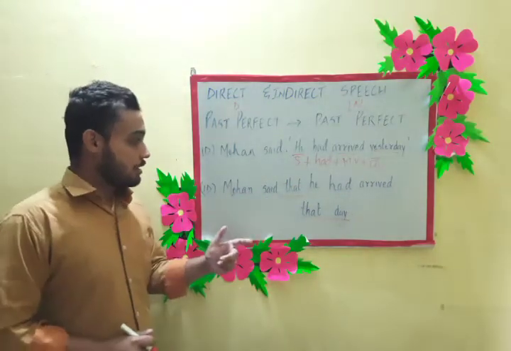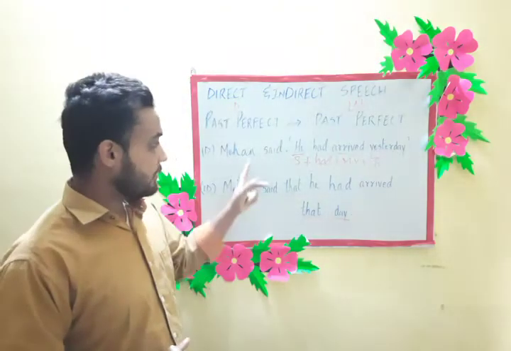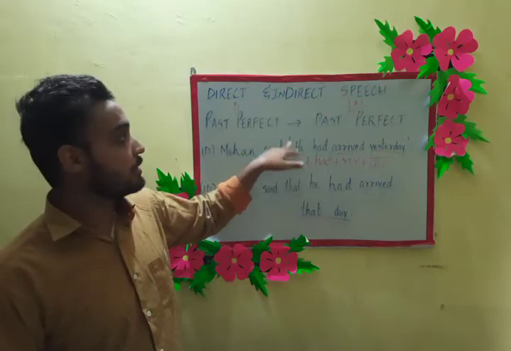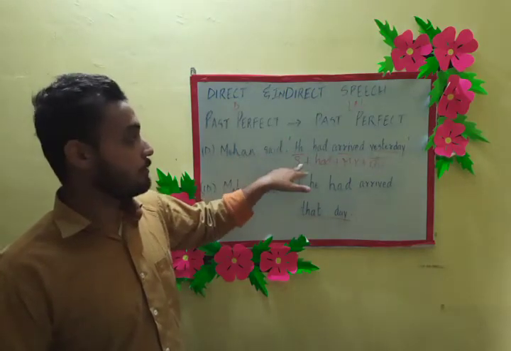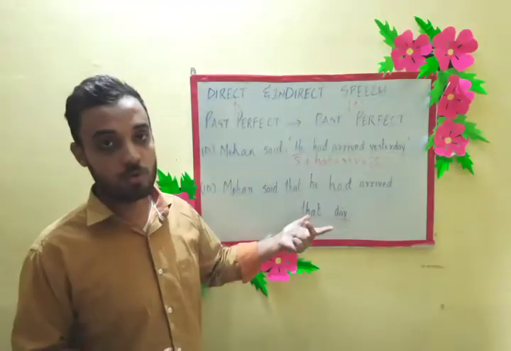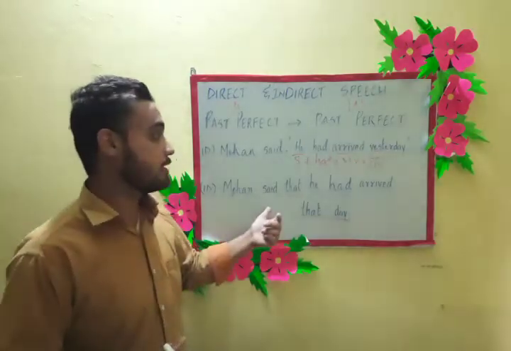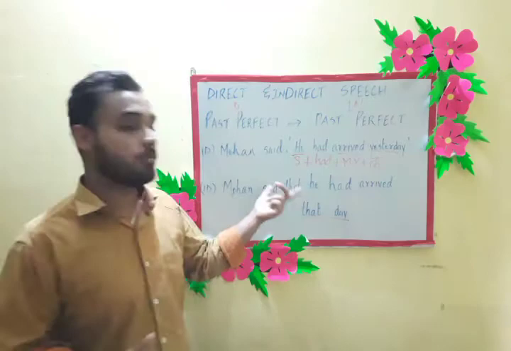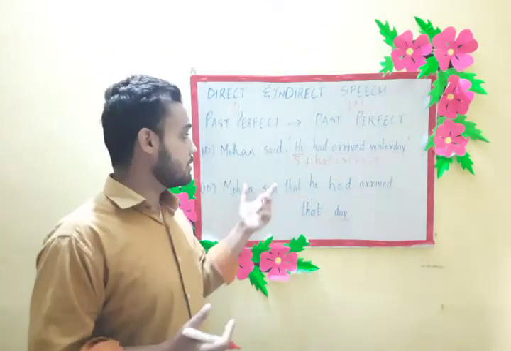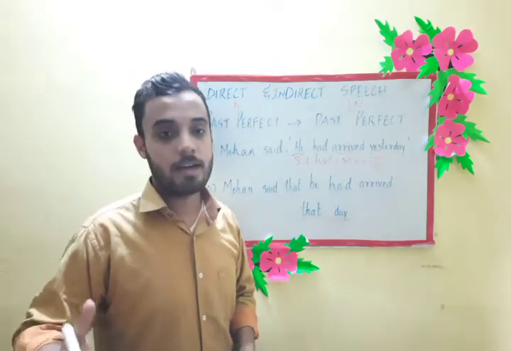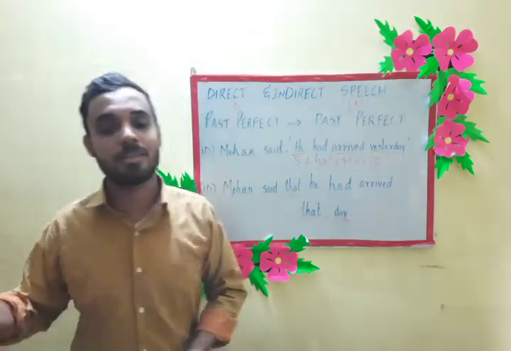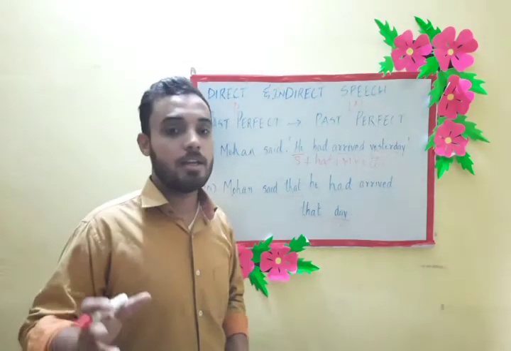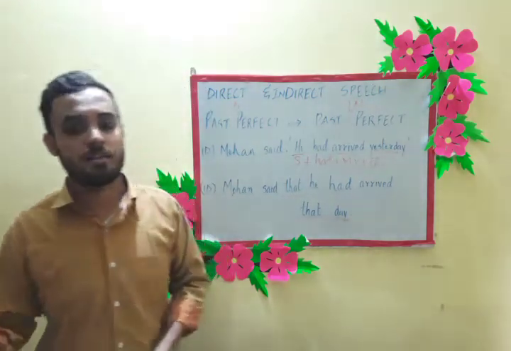For today, this is one example. Please go through the structure for past perfect and form 5 sentences with past perfect tense, and then change them to indirect speech. You can write more and more examples. One more example I can give you: Rohan said, "They had come yesterday." Rohan said that they had come that day.